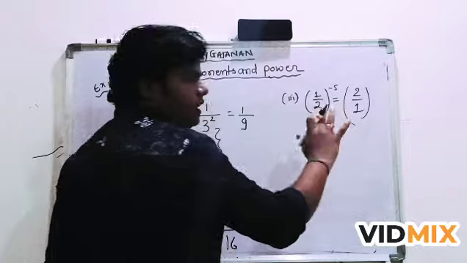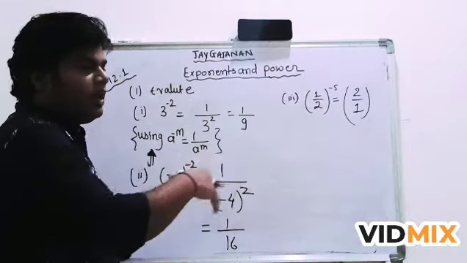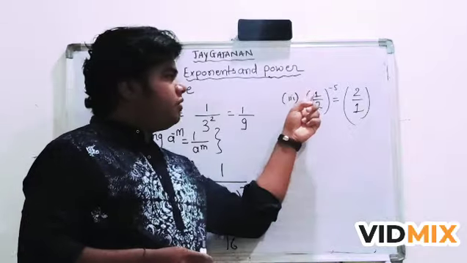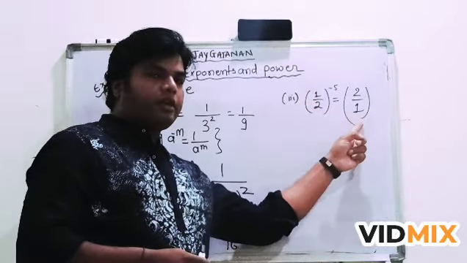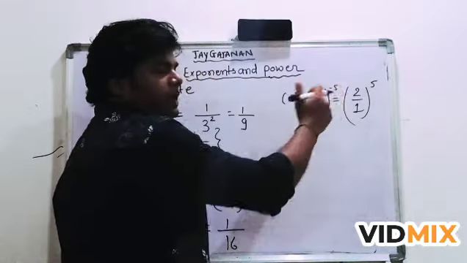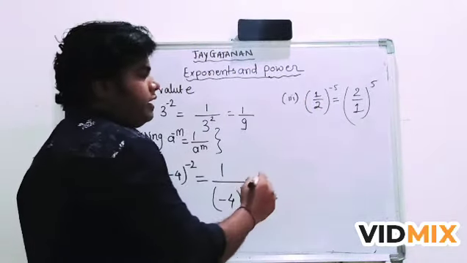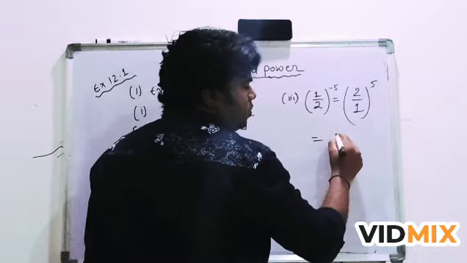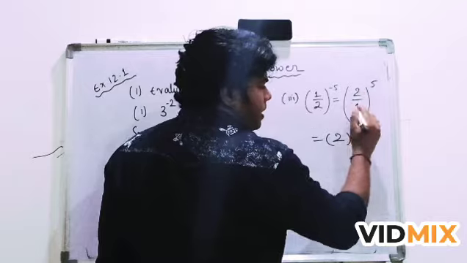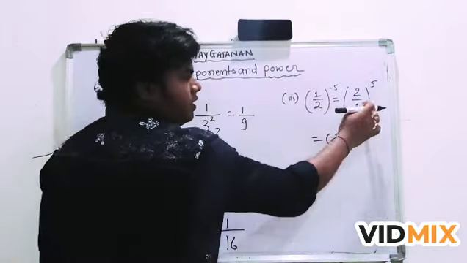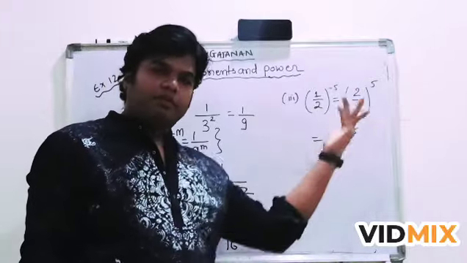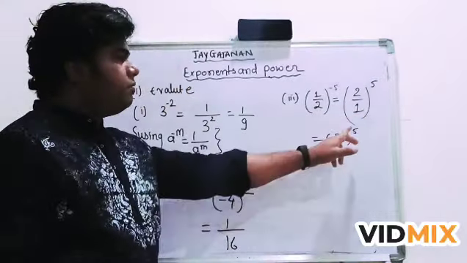This is the simple way, although if we use the identity, our answer will be the same. So what we are doing is, we changed 1/2 to 2/1 and the power automatically becomes +5. We took the reciprocal. Then what is the next step? The next step is 2 to the power 1. Now what does 2 to the power 1 mean? 2. So that will be 2 to the power 5 as it is. We generally don't write that 1. If you take 1 to the power 5, that will be 1 only. So therefore 2 to the power 5 now.